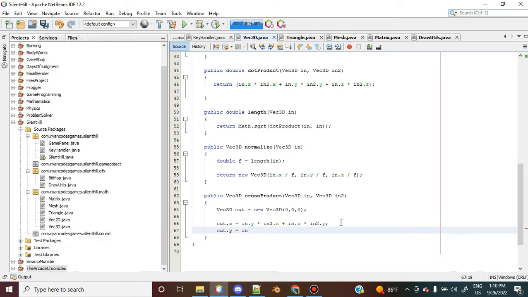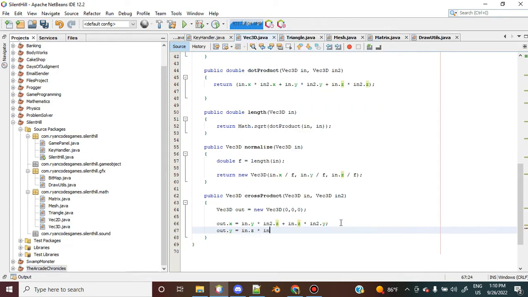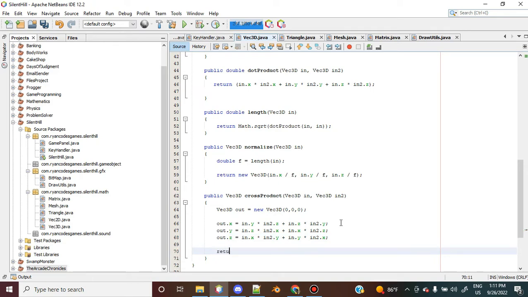So out.y is going to be equal to in.z times in2.x, x times z. Is going to be in.x times in2.y plus in.y times in2.x. And then just